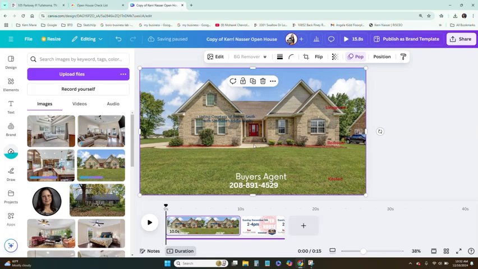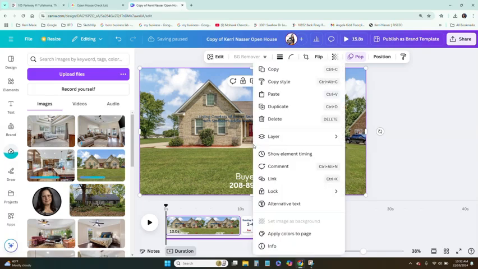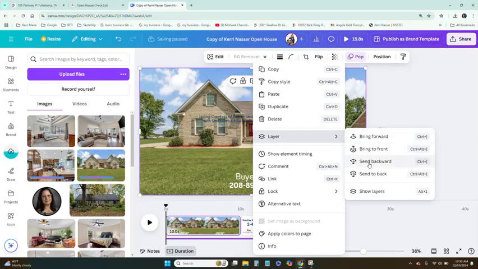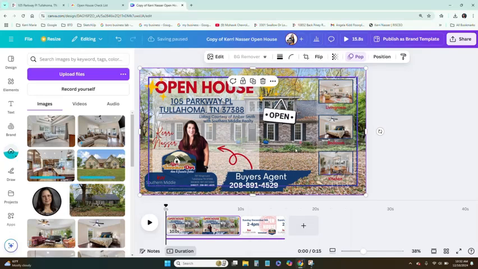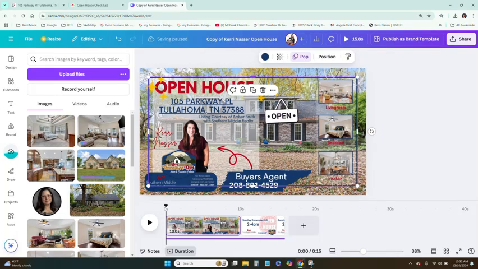So right now, it's showing that it's hovering over the whole thing. So what you're going to do is you're going to right click, go to layer, and you're going to send it to the back. Well, I have another photo here, so